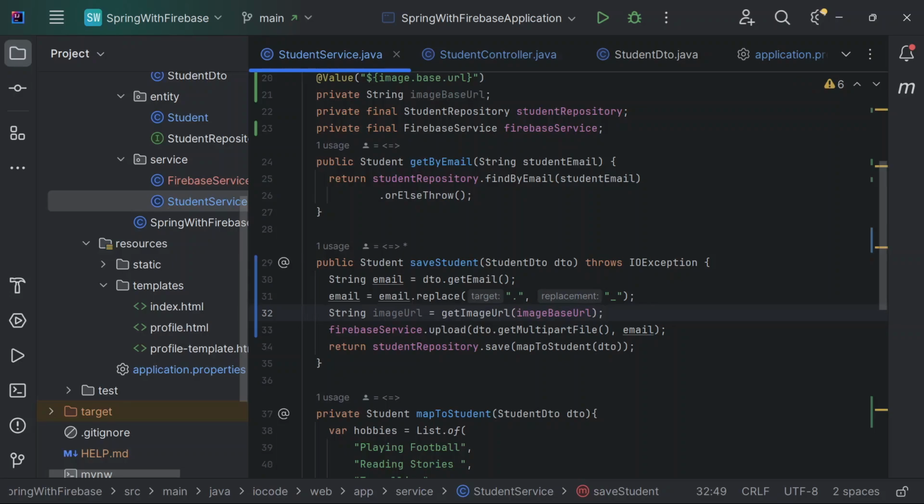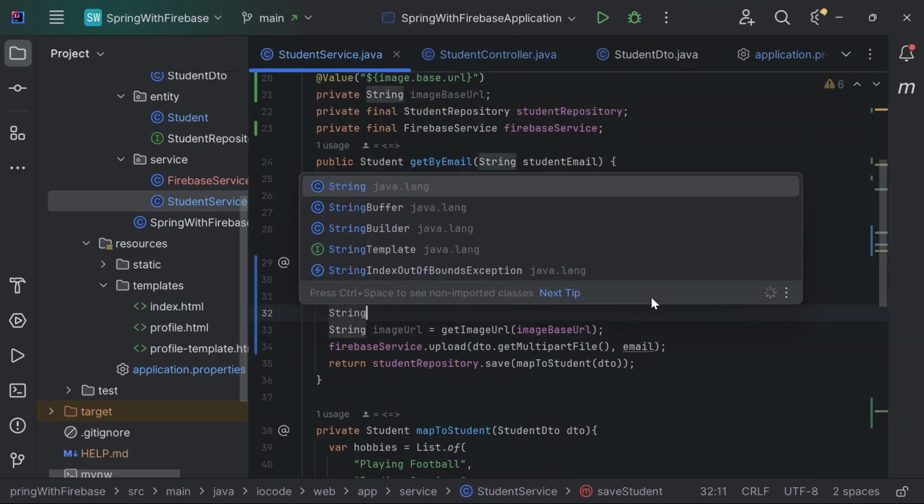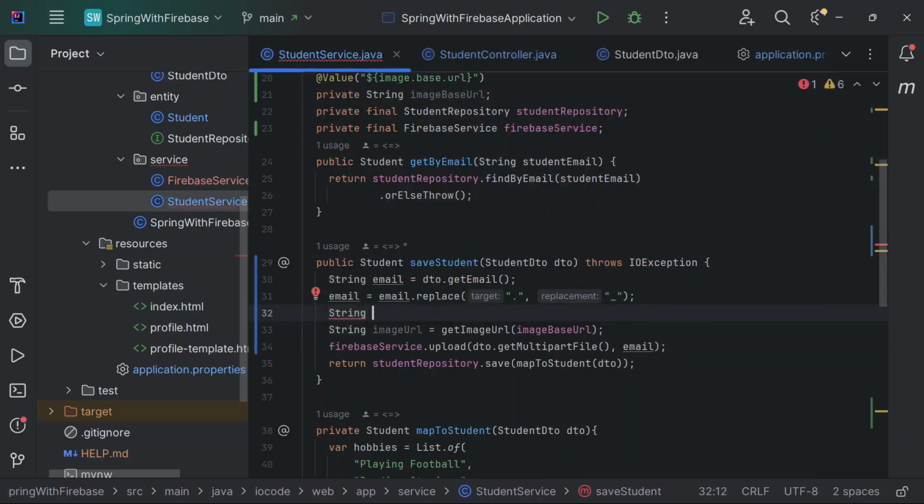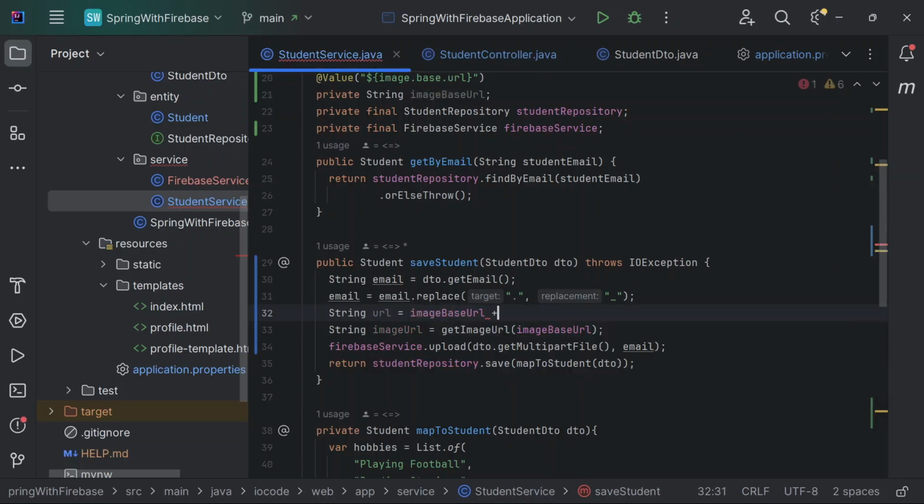Now before we pass in our image base URL, we want to change the value of this image base URL. I'll practically not change the value, but there's something I'll do about it. So I'm going to create a new variable. I'll call it string URL is equal to image base URL plus